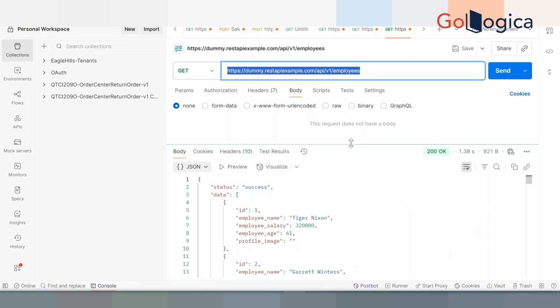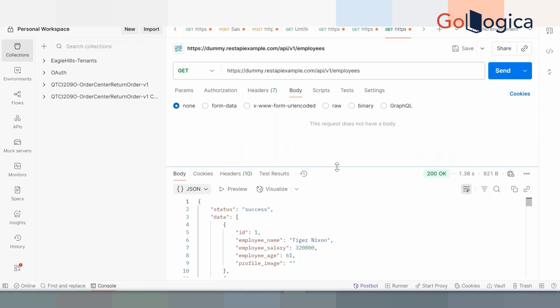So now we are using some other one's API, right? How they write code, it will show like that. Now, if you want to see a specific ID 1 record...